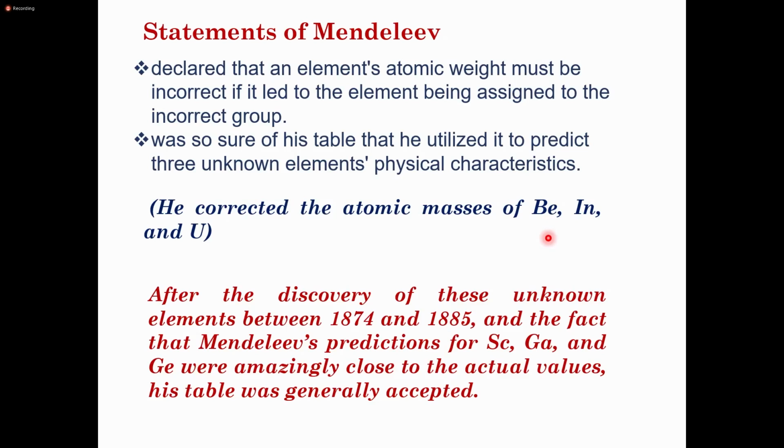1885, Mendeleev's predictions for scandium, gallium, and germanium were amazingly close to the actual values, and his table was generally accepted. Why was it accepted? Because without knowing the atomic mass, only knowing the physical and chemical properties, he arranged scandium, gallium, and germanium just according to their physical and chemical properties. But after this atomic value was discovered,